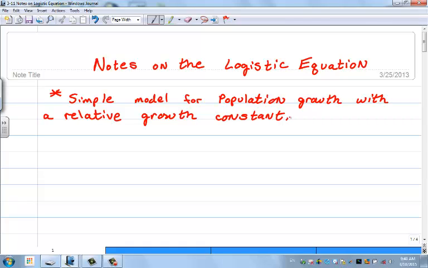If you look at the simple model, it says that the growth of a population, dP/dt, is equal to k, some constant of growth, times P,